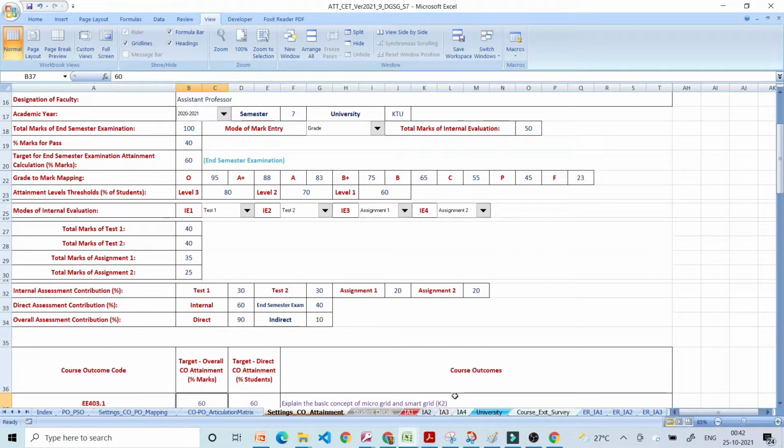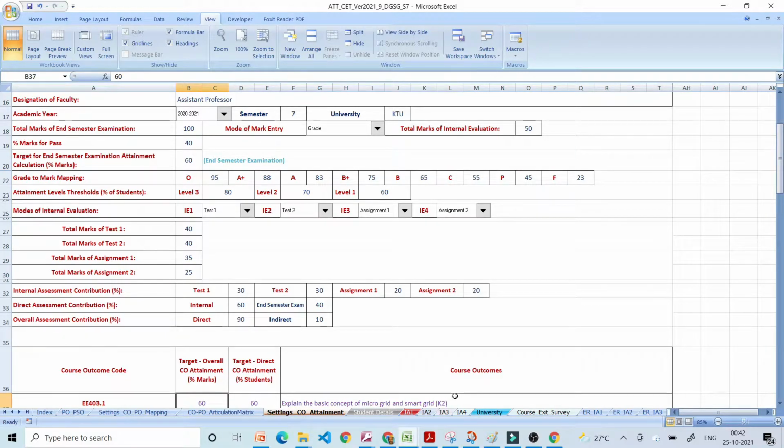Next we'll see the contribution of each assessment tool in computing the final CO attainment. As discussed, we have direct internal assessment, direct external assessment and indirect assessment. The tools used for direct internal assessment are test 1, test 2, assignment 1 and assignment 2.